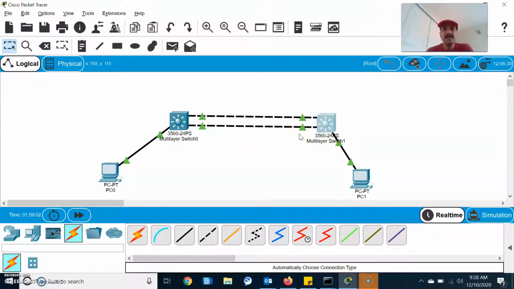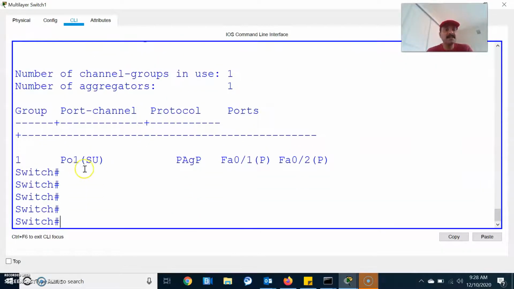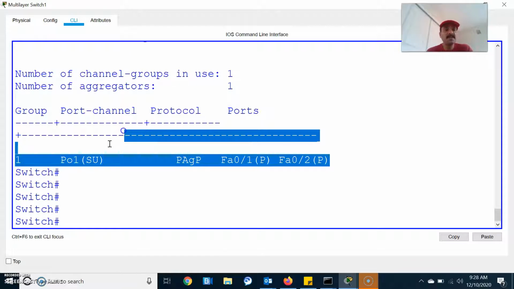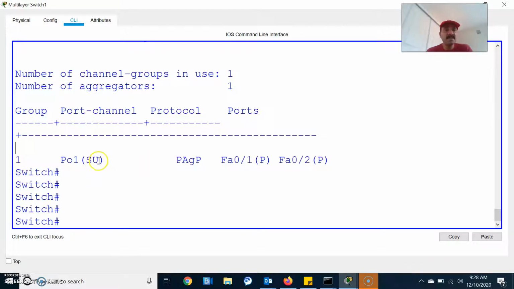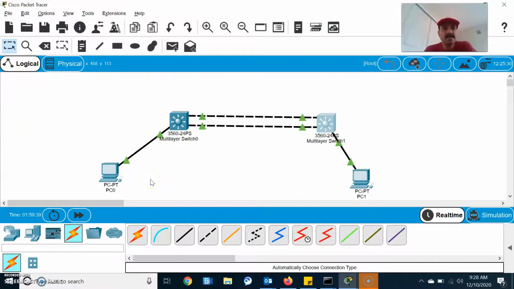So this is the way you have to troubleshoot PAgP, Port Aggregation Protocol. The key point you have to remember is one should be in auto and one should be in desirable mode, or both should be in desirable mode to form a successful EtherChannel. And the command you have to remember is show etherchannel summary, right? This is for checking that the port channel is in use. That means the port channel is up here, and if it is down it will show SD, right? SU is nothing but it is already up. And for checking the port channel ports, you have to check show etherchannel port-channel. So this will show the bundle ports, right? One is in auto and another one is in desirable mode. So Fa0/1 and Fa0/2 are bundled. So this is how the port channel works.